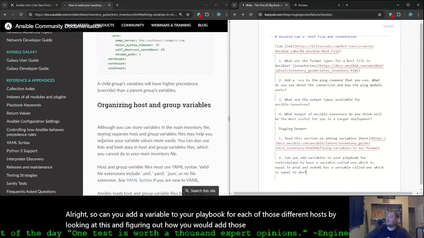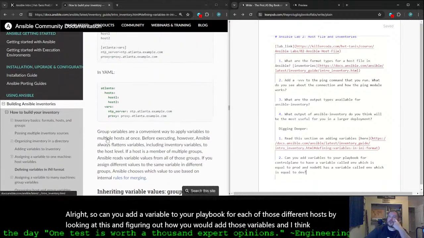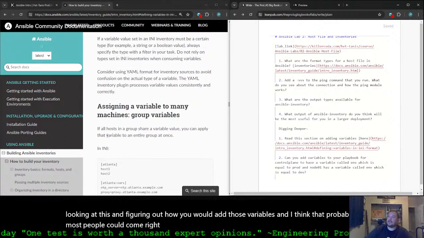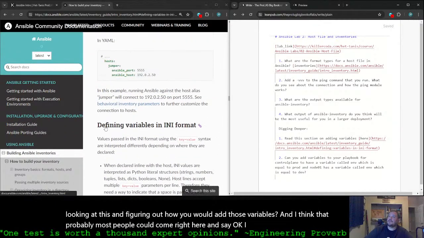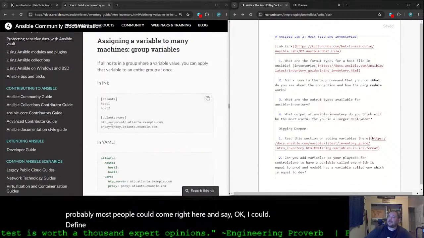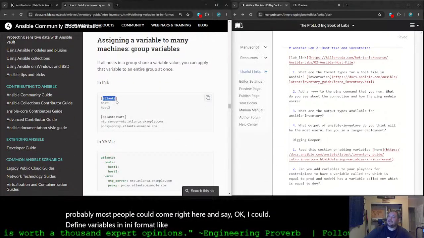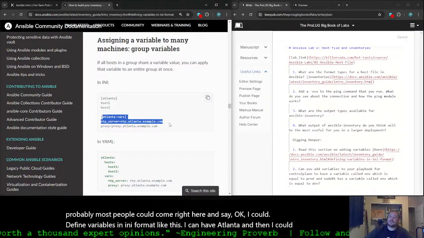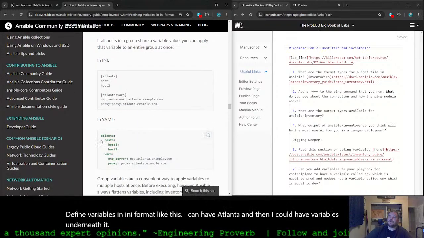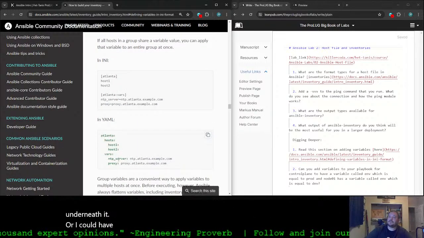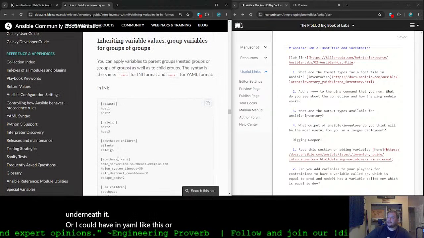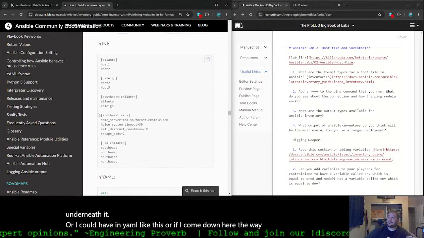And I think that probably most people could come right here and say, okay, I could define variables in INI format like this. I can have Atlanta, and then I could have variables underneath it, or I could have it in YAML like this. Or if I come down here, the way that I was doing it, it's the same way.